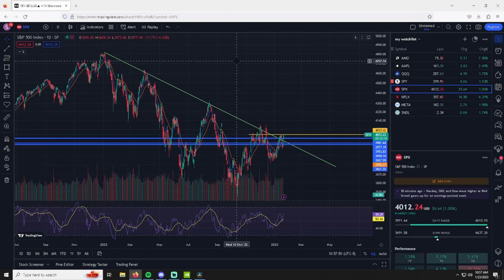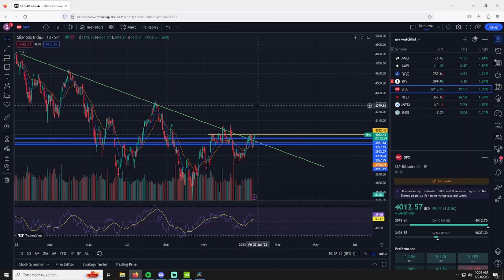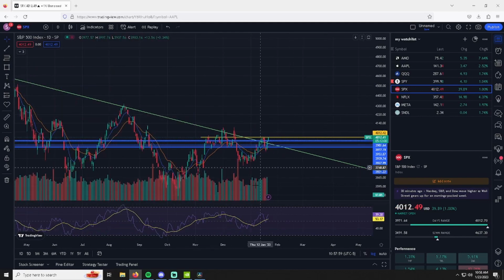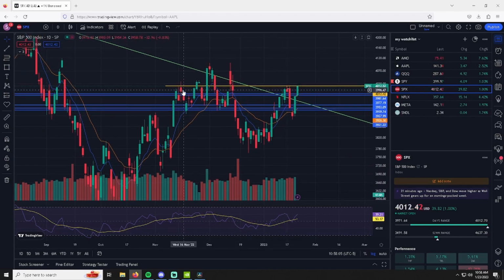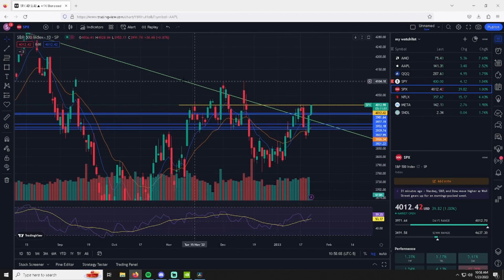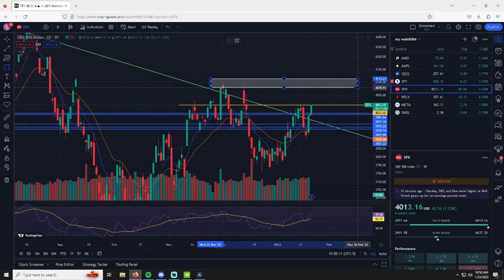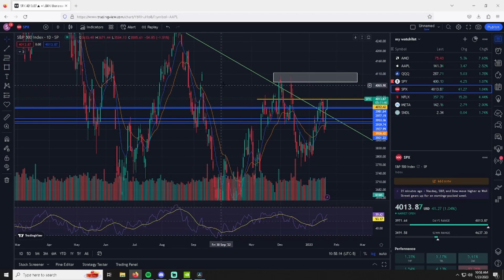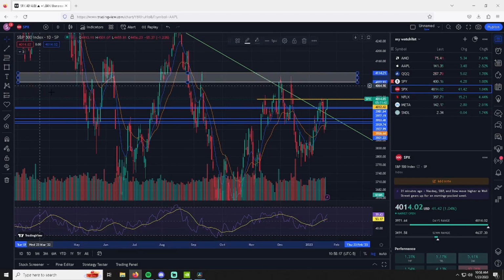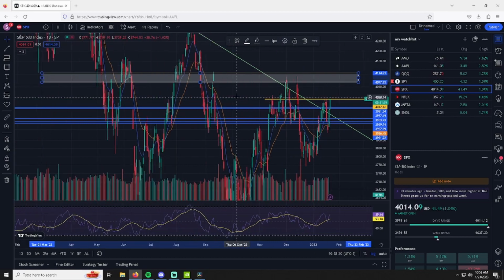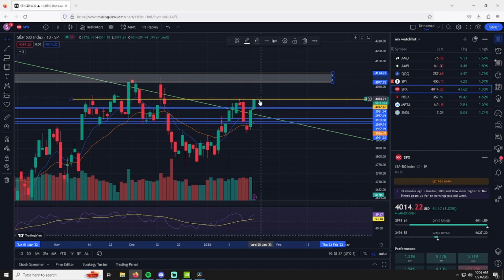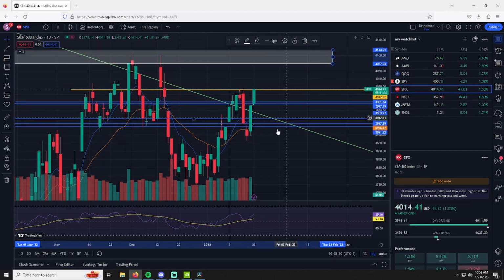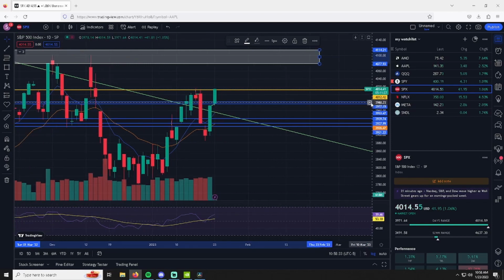Coming into my favorite stock, SPX. Very similar to SPY, tends to move just about the same, but we also have the trend line here, and we broke it a couple times. So the same with SPY, we were actually breaking one of the higher resistance levels, and I would probably play calls up until this range. As you can tell, we've had a huge sell-off every time we've entered it, and I'm just going to be looking to play calls up until there. But if we end up seeing a reversal on this resistance that we are hitting right now, I would be playing puts to the